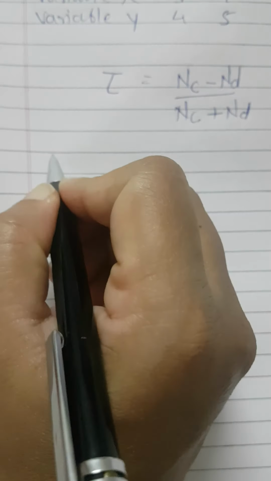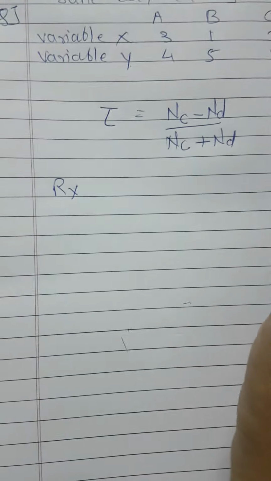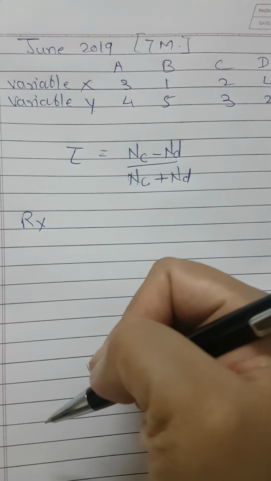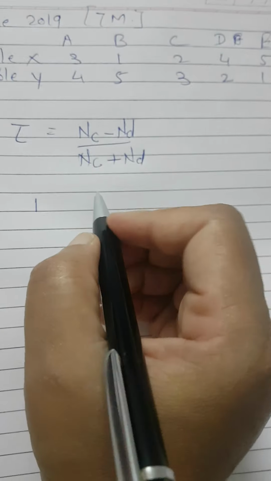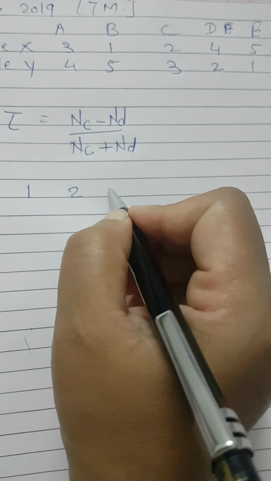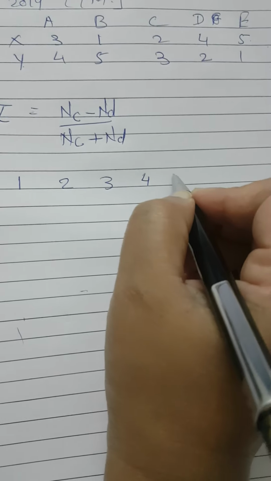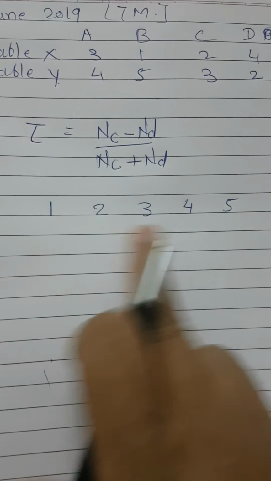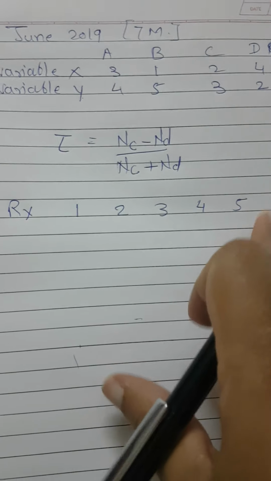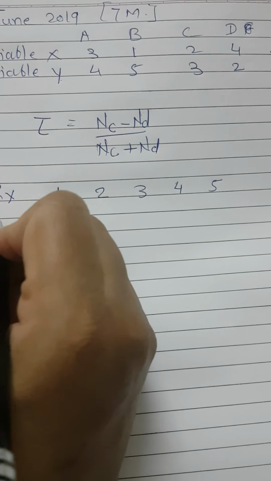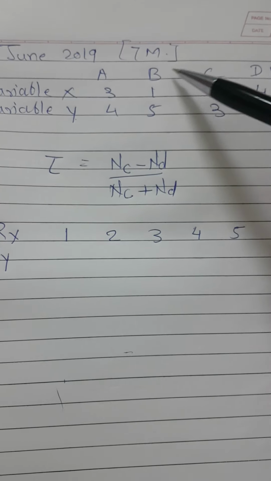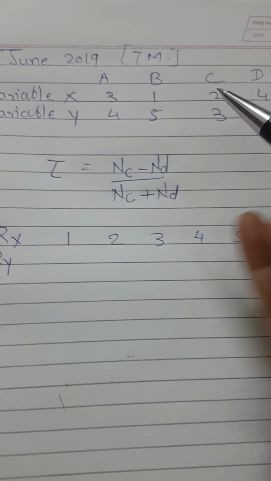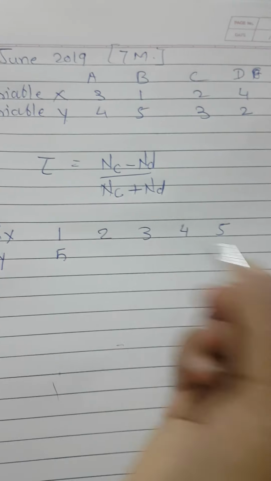So now how will we write? We will write this Rx, and in a horizontal way, not in vertical columns. In the same horizontal way we will write the ranks like this: 1, 2, 3, 4 and 5. So simply I am writing it in ascending order. Now Ry we will write corresponding to 1. In front of 1, what was my Ry? It is 5. So we are going to write 5 over here.